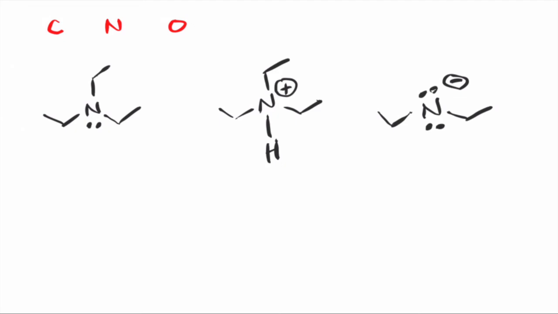Let's see how well we understand this. What if I drew in this molecule here? Does this nitrogen have 1 set of lone pairs, 2 sets of lone pairs, or no lone pairs? Hopefully you recognize it has 1 set of lone pairs because it follows a regular bonding pattern for nitrogen. Being a trivalent, it already has 3 bonds. 1, 2, 3. So therefore, it has 1 set of lone pairs.